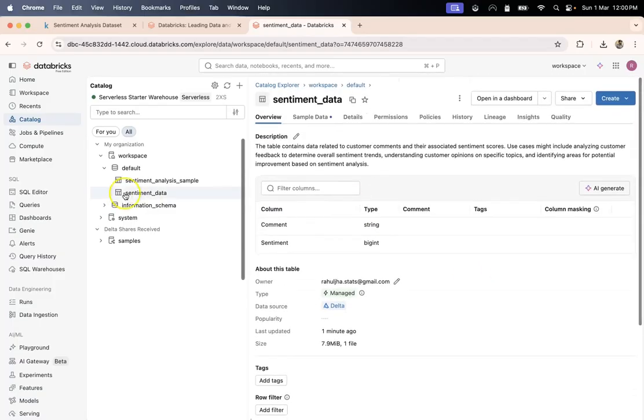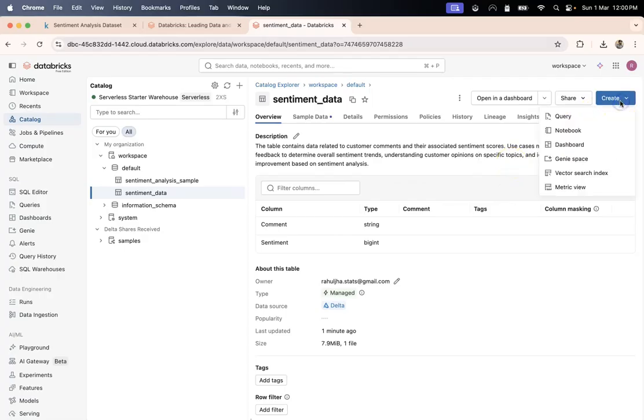So I'll just save it, and after saving it, you can see several information. Okay, here under the sentiment data. Now under sentiment data as well, I can create several things. You see this? So if I click on the catalog, I can create under catalog various tables, functions, and volumes. Now under the table, I can create a query, I can create a notebook, I can create dashboard, vector search index, and things like that. Okay, so next we will be exploring how to take this data and apply various AI related functions within SQL.